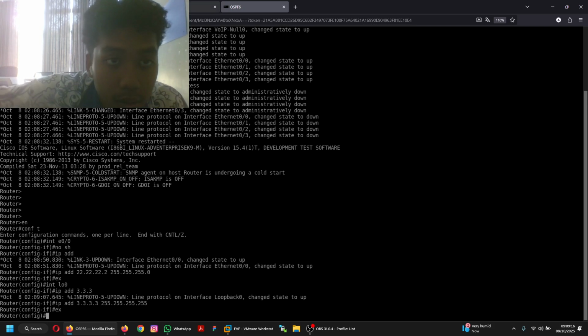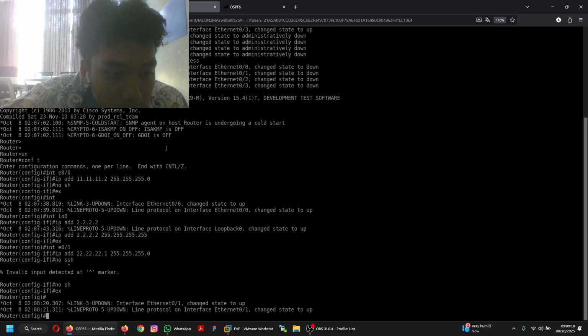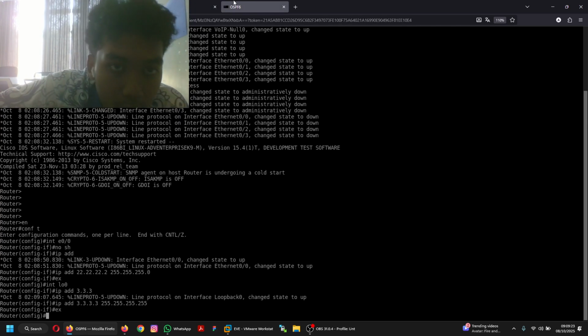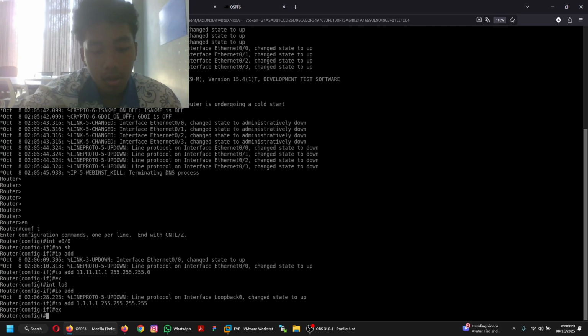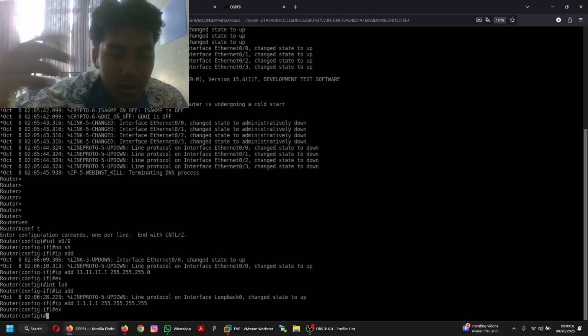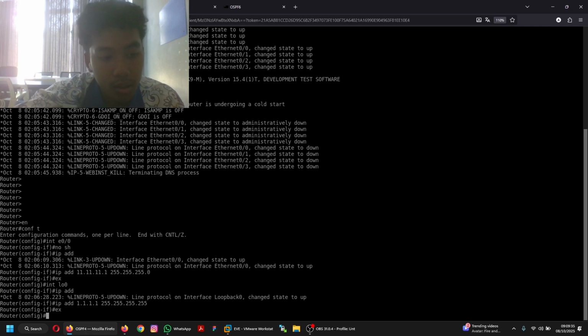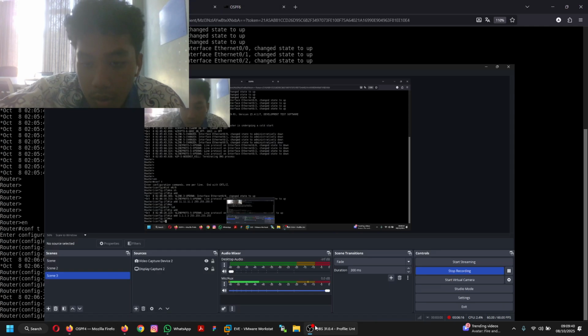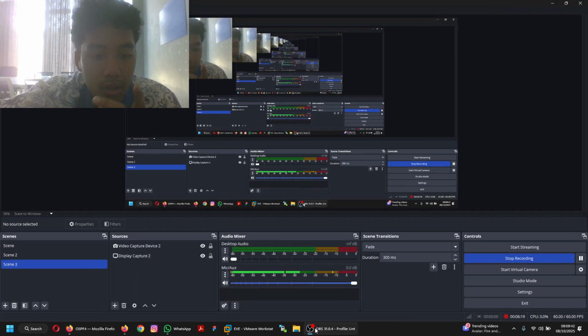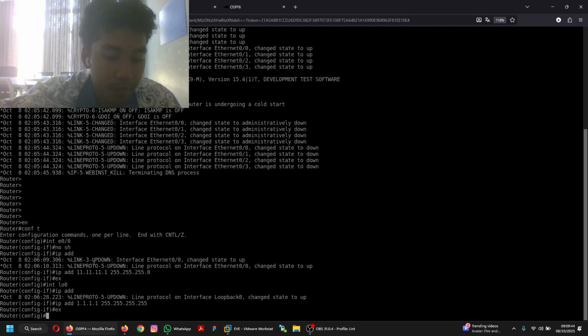Okay, now we are done configuring the loopback IP and the IP that is directly connected, on the interface and on interface loopback. Okay, now we can do the configuration for OSPF.